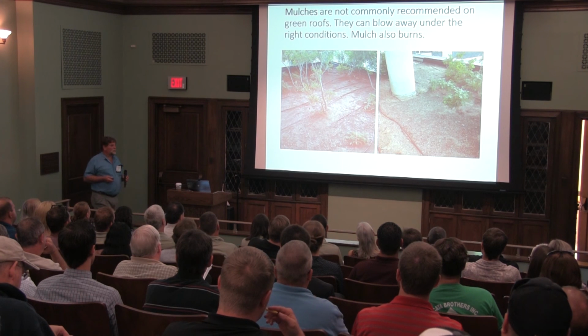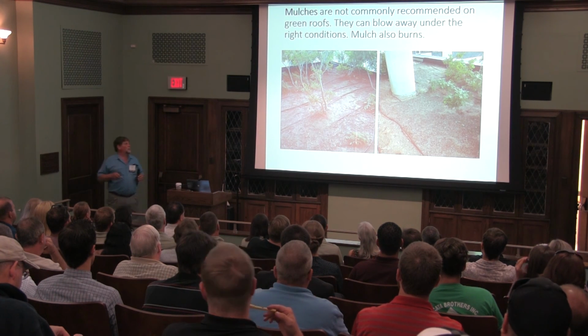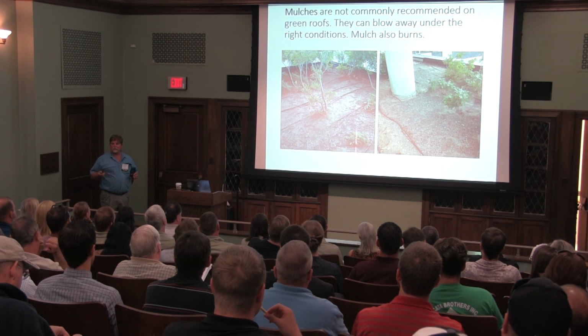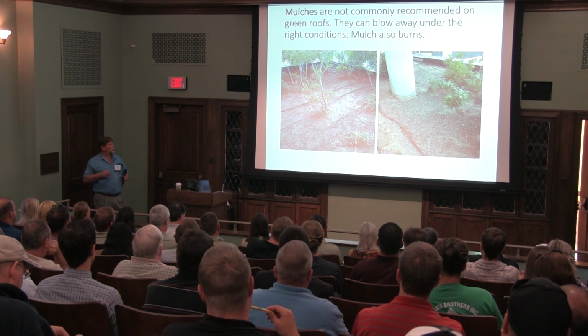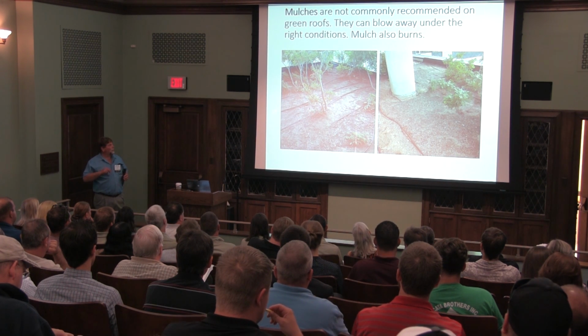Okay? So, what will we do differently here? Should have had an underplanting. Should have had something, whether we were putting sedums up there, or it could have been pachysandra. This is an irrigated roof. These are basically a bunch of bayberry. But that is wind